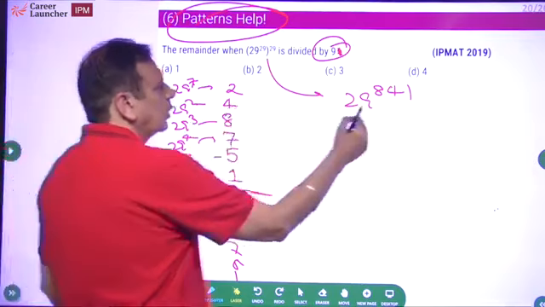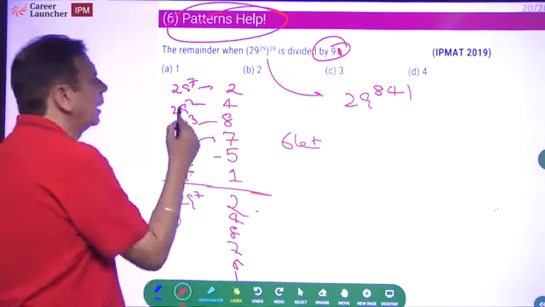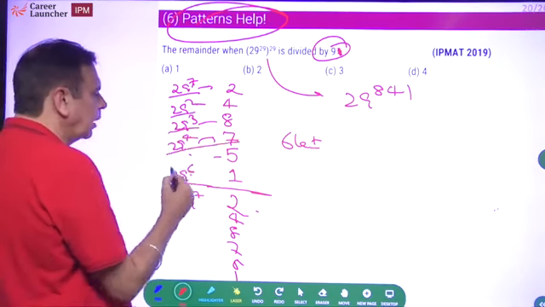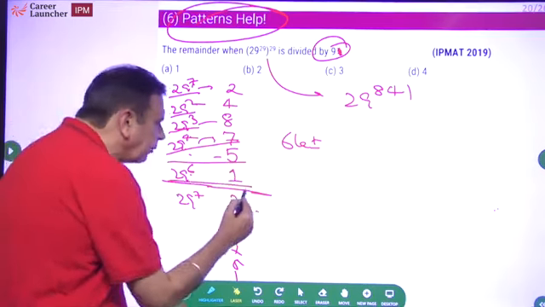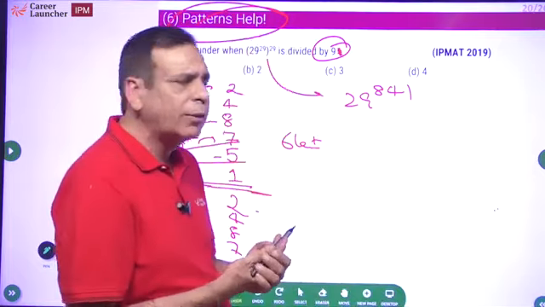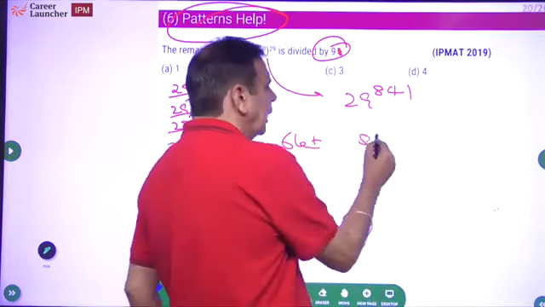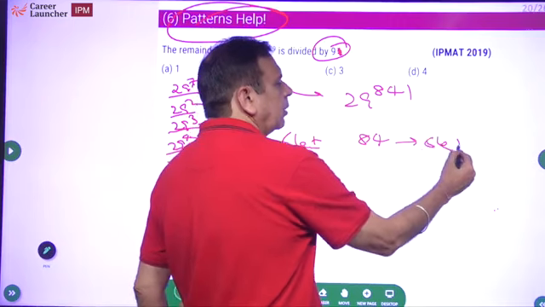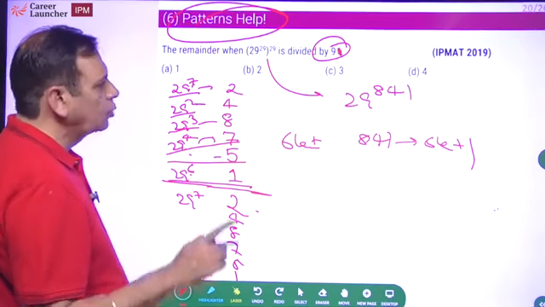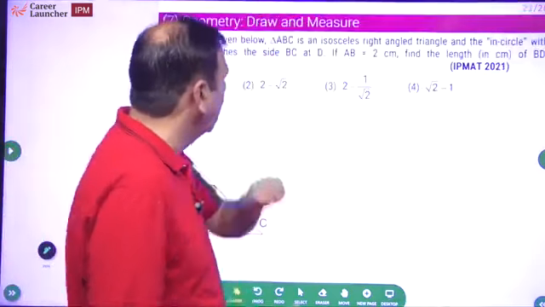So, what is this? This power has to be a multiple of 6 plus whatever. Multiple of 6 plus 1. Multiple of 6 plus 2. Multiple of 6 plus 3. Multiple of 6 plus 4. Multiple of 6 plus 5. Multiple of 6. Right? What is 841? Is it a multiple of 6? 84 is a multiple of 6. 840 will be a multiple of 6. So 841 will not be a multiple of 6. 841 will be of the form multiple of 6 plus 1. Okay? Why? Because 840 is a multiple of 6. So it has to be multiple of 6 plus 1. Answer should be 2. Identify the pattern, and you will get the answer first.